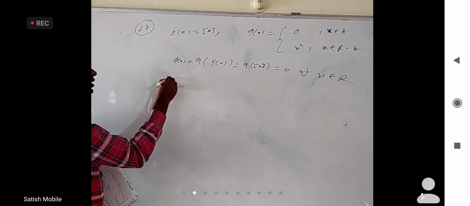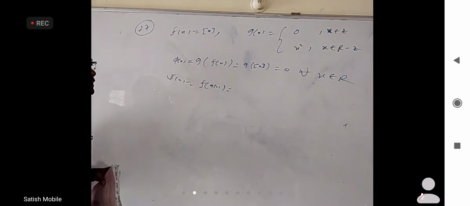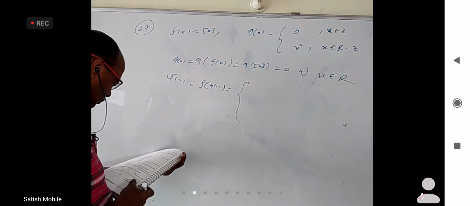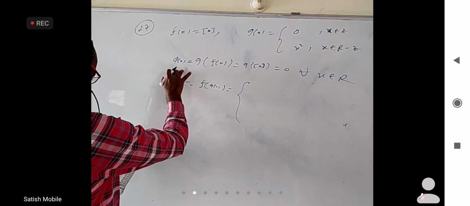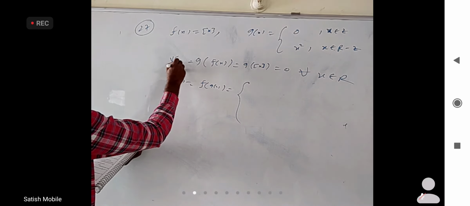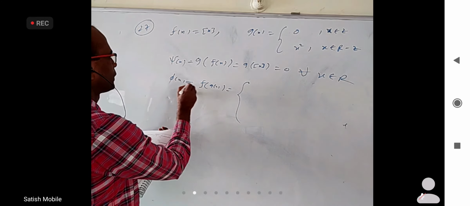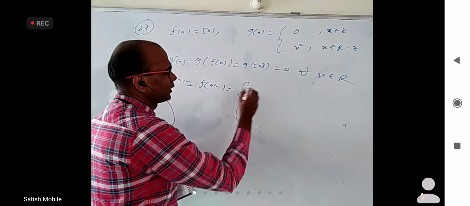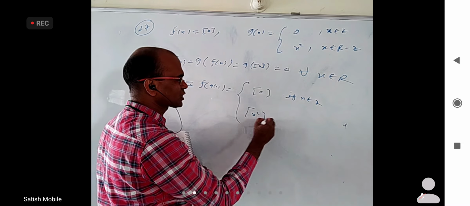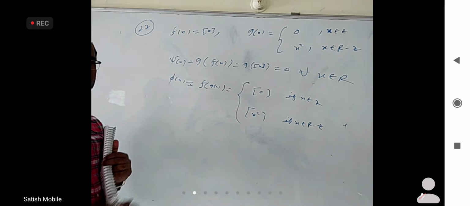Whereas when you take psi of x, which is f of g of x, I have to substitute g inside f, so I will get two cases. So this is psi of x and this is phi of x. Within f, if I put g, it is the integer part of 0 if x belongs to Z, and the integer part of x square if x belongs to all real numbers minus Z. The integer part of 0 is 0 only.